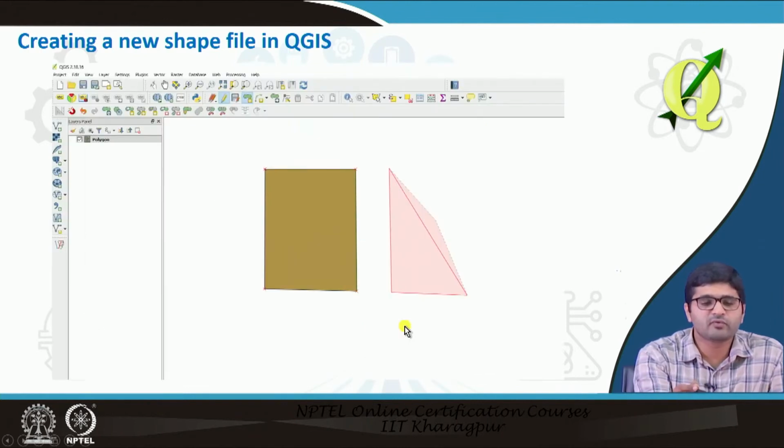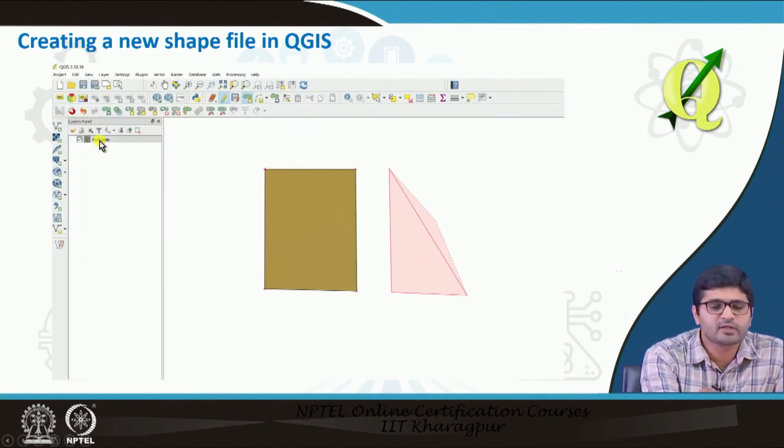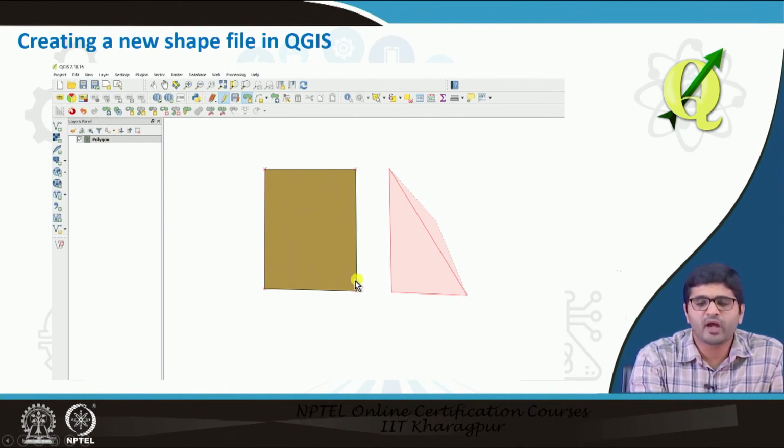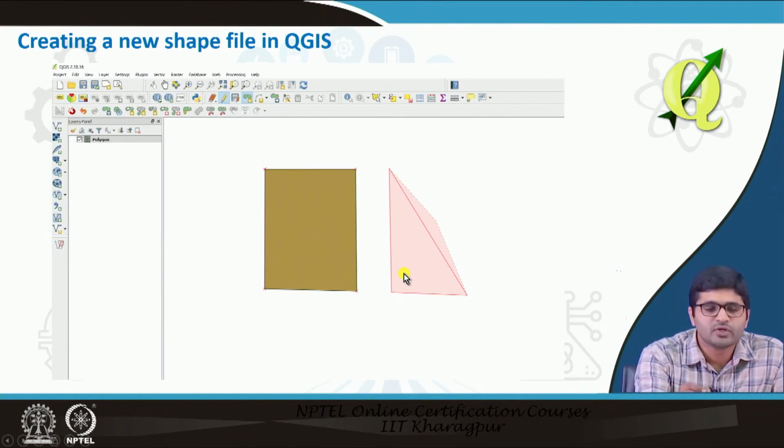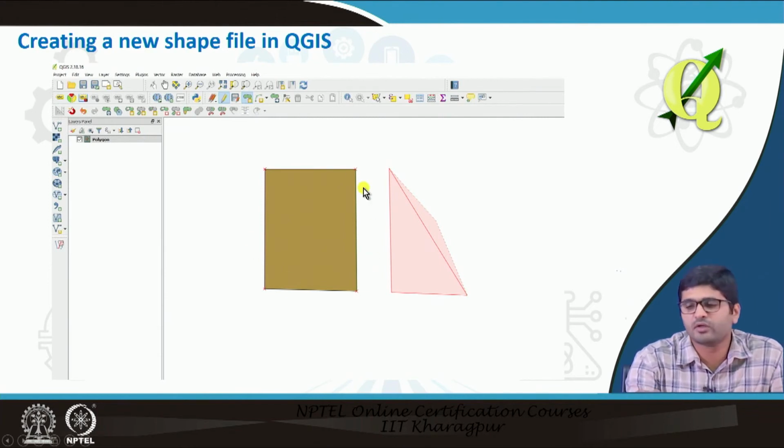So a layer will be created on the left side in the Layers panel. Here you can keep on adding multiple features, polygons, if you selected polygon as a feature. So how to do that? You just have to select this particular layer and go to the pencil button. Here is the Toggle Editing button, you just need to activate that, and then using the Add Feature button, you can just start editing here.